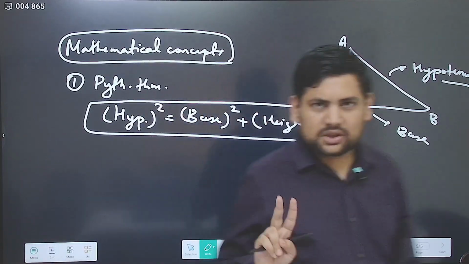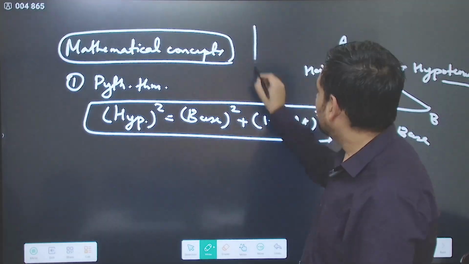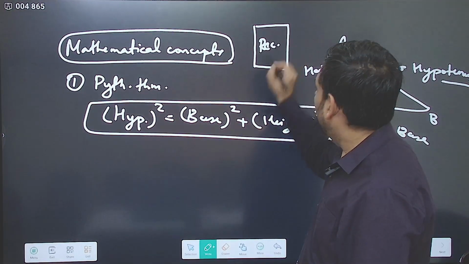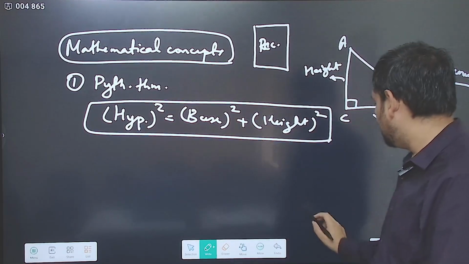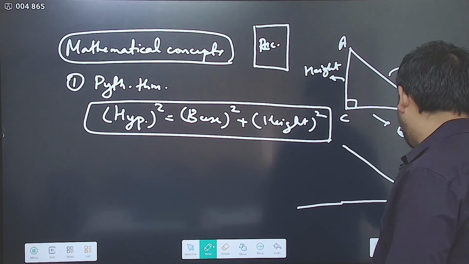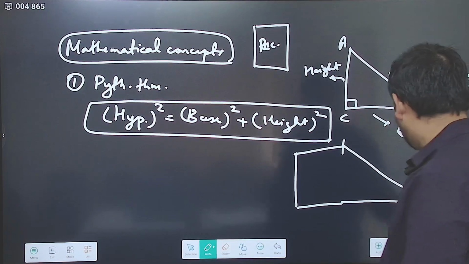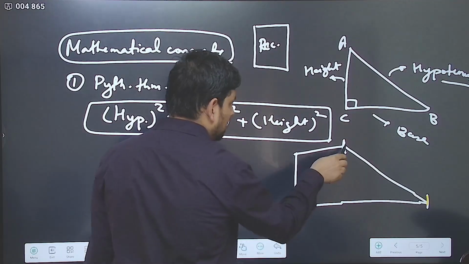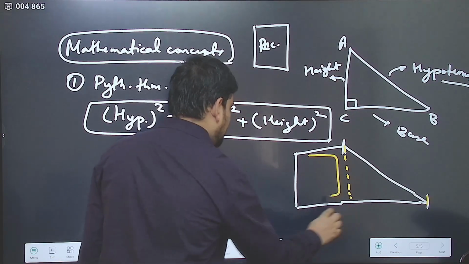So two things we usually use in this. One is this Pythagoras theorem and the other is rectangles. That's it. Rectangles. So if there is a diagram like this, then you need to find this length. Let's say this length you have to find. So what you will do, you will first draw this, extend it like this, so that this forms a rectangle,